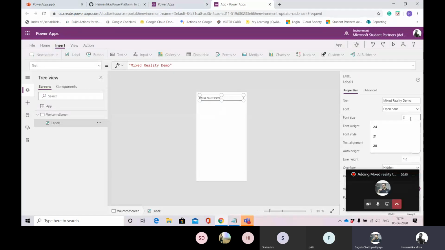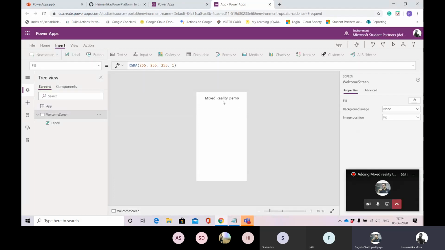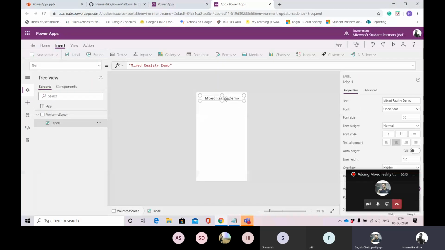And you can change the font size from 21 to 35. You can also change the alignment of it, and you can change the font type, and also make it bold and so on. So let's not see this for now. It all depends upon how your imagination works and how your designing skills are. My designing skills are pretty bad, so my paragraphs will be quite bland, but I'll just show you how you can add things, buttons, and a lot of things.